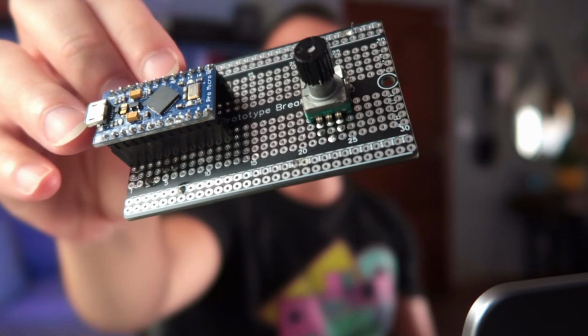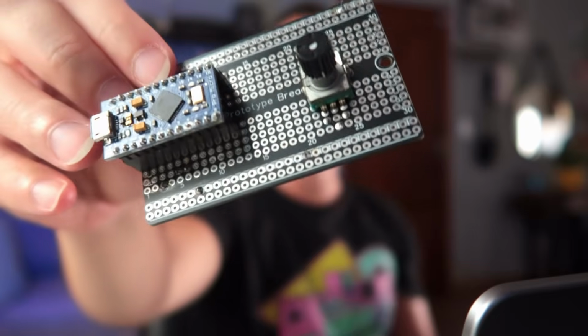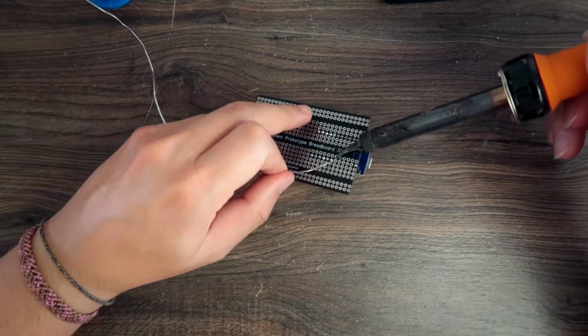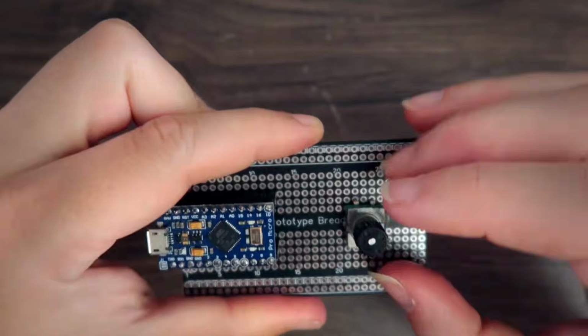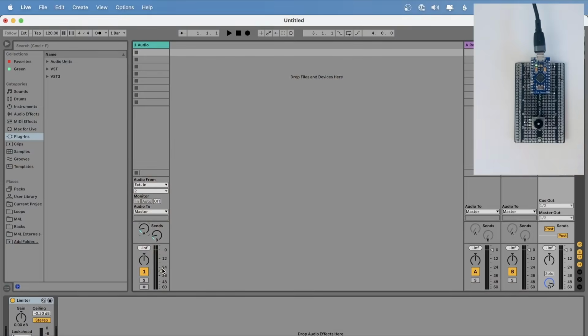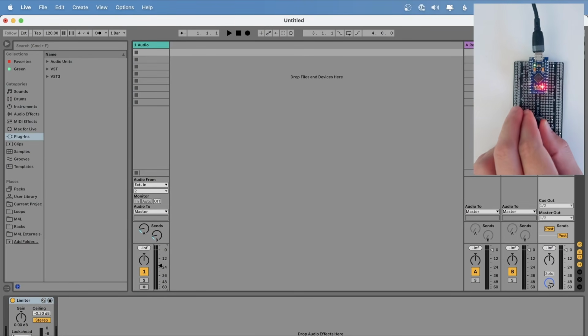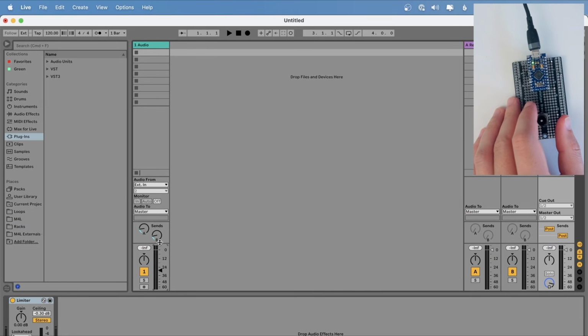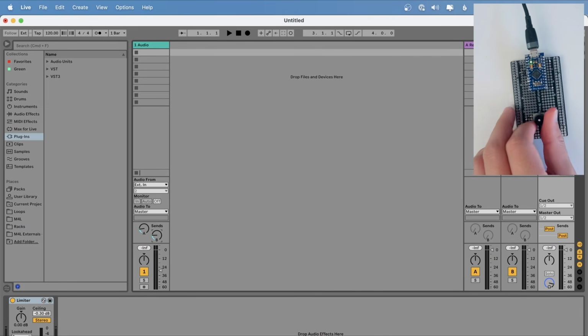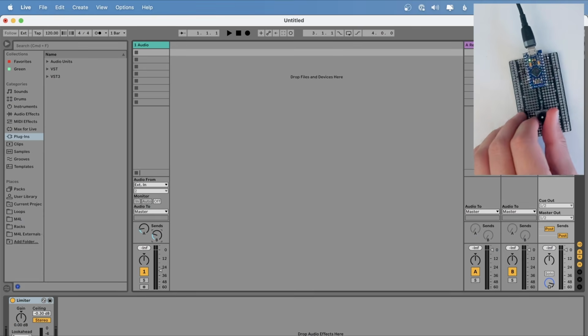Hello, in this video I'm going to show you how you can code an encoder for using with MIDI. In the last video I used this project to make a one-knob universal controller where you can just hover your mouse over any parameter and you can move this encoder to move that knob, slider or whatever you want in any software, because it acts like a mouse, so you can go up and down or left or right. This way you can have a fine control over any parameter in any software.